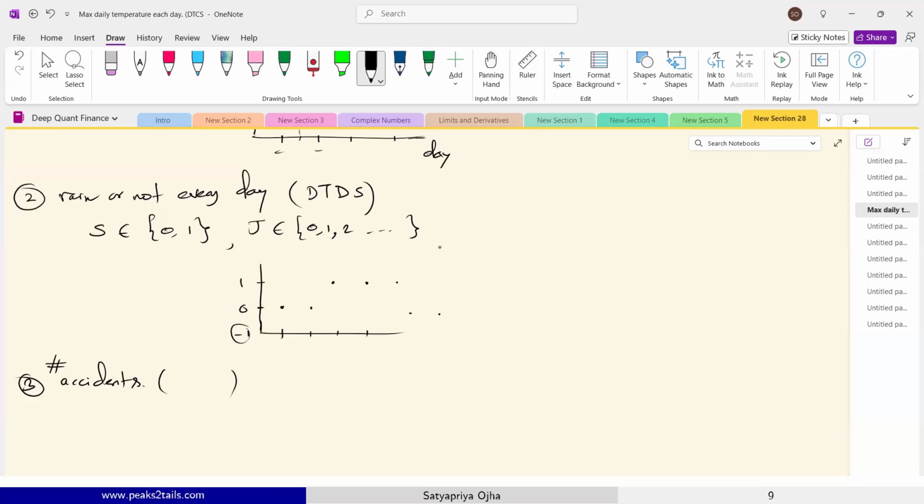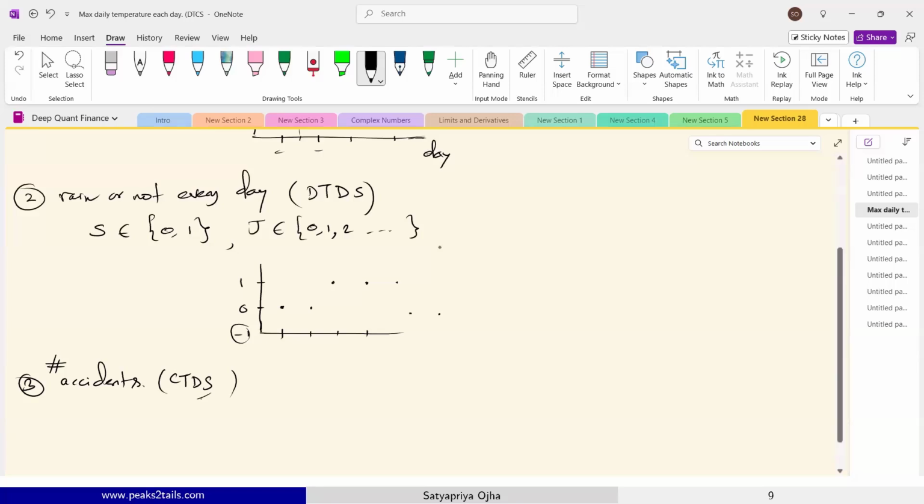Yes, that is correct. Continuous time, discrete space. Why is it continuous time? Well, there is no fixed time for an accident, right? It can happen anytime. You can have 10 different accidents on the same day. It can happen any second, any minute. Continuous time. Accidents can happen at any time. Same as the customer default, remember? Or the healthy, sick, dead model. That's also continuous time because it can happen at any time.